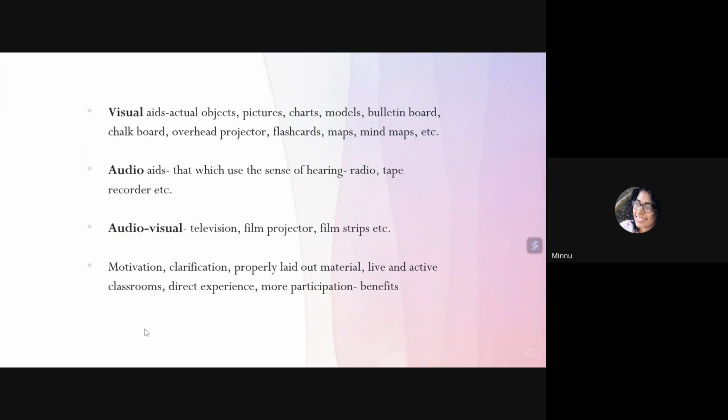Audio visual aids, which are film projectors, television, film strips, etc. So the benefits that come from using these teaching aids are the motivation of the student gets increased and the concepts get cleared. So there is clarification and the material is properly laid out. We are able to experience the things, or we are able to visually engage with the objects that are